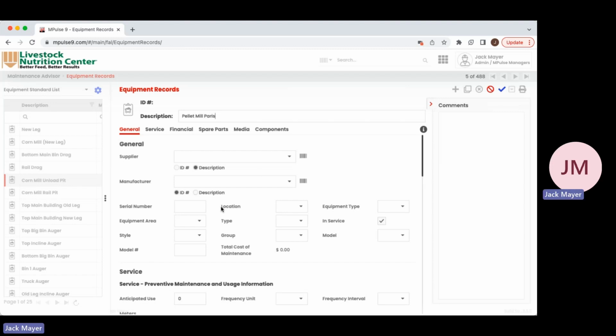Then down here at the location, equipment type, and equipment area, I'm going to hit these little drop-down options and find where each match. Important thing to note is that if you do not hit the drop-down option, like how I just showed you, and instead type it in and it's not on the actual drop-down list itself, it will